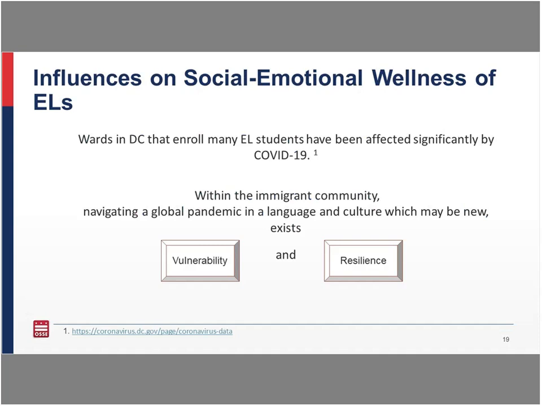Within our city's immigrant community, we know that they're trying to navigate this global pandemic in a language sometimes and in a culture which may be new. Within their navigation, there may be some vulnerability because of things that they don't know or they want to express themselves and can't. But they also bring their own strength,